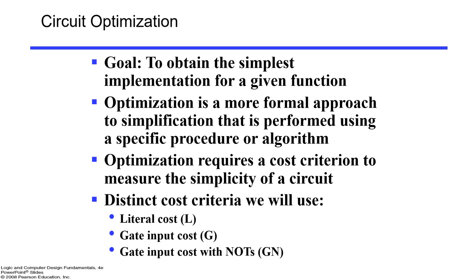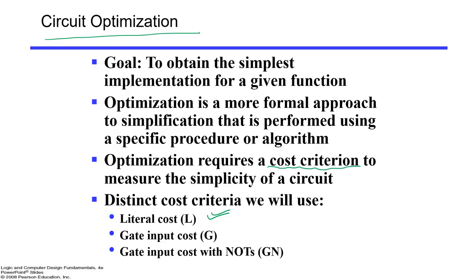So now let us talk about a few criteria. What are the different criteria for circuit optimization? Here we have the cost criterion. How to decide the cost of the circuit? There are three different things that decide the cost of a circuit. First is the literal cost. How many literals are there? We have seen previously that in min-term form we have 15 literals, but in sum of product we have 3 literals. So in terms of literals, min-term was less optimized, or you can say SOP was more optimized, right?